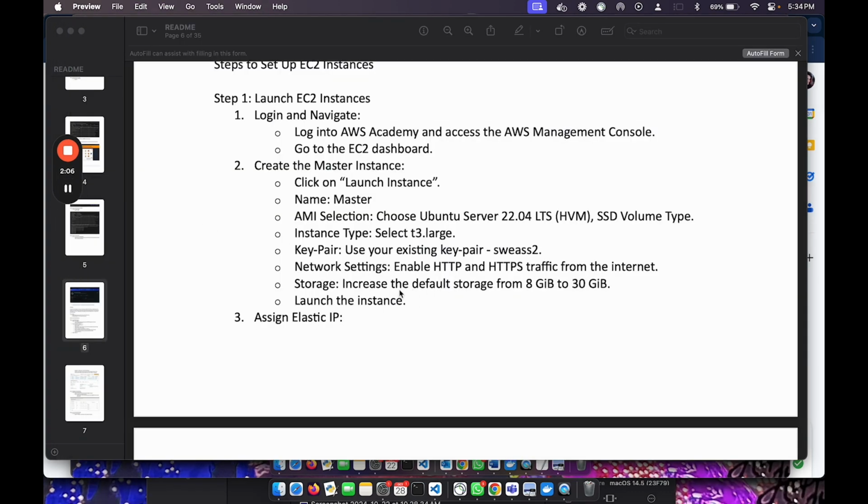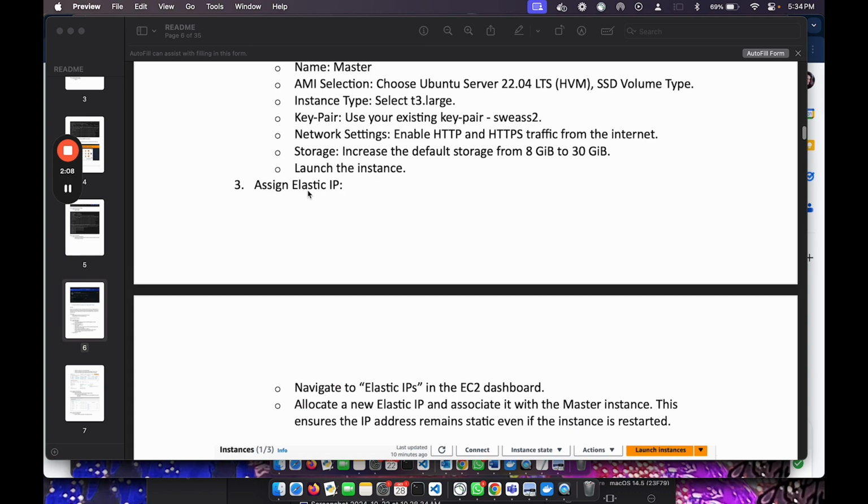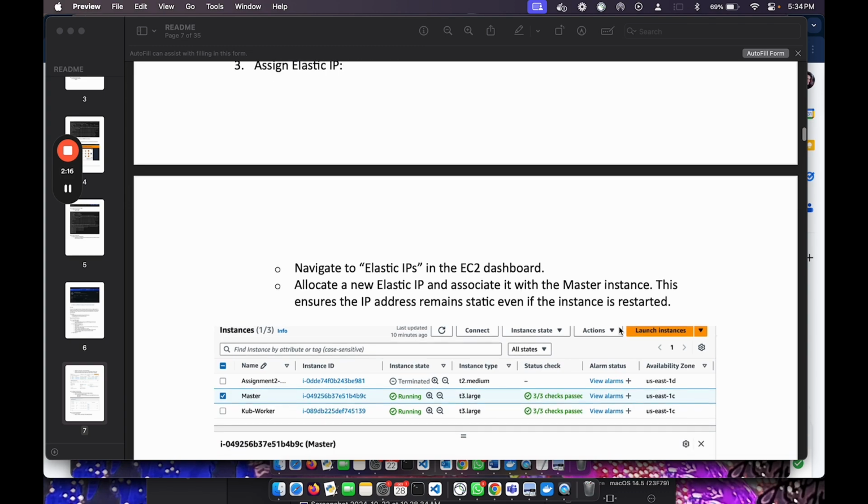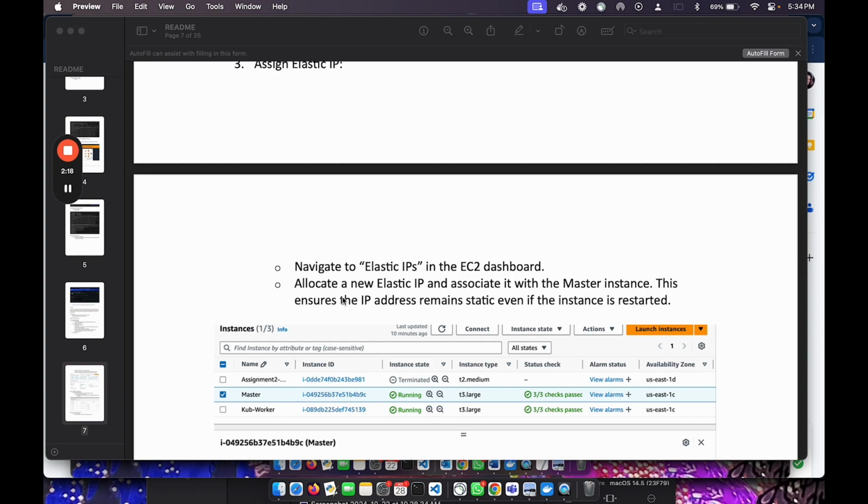So after following these steps, I assigned an elastic IP, because every time the instance stops, the IP changes, which is not feasible with this process. So we have created an elastic IP for this, and the process is